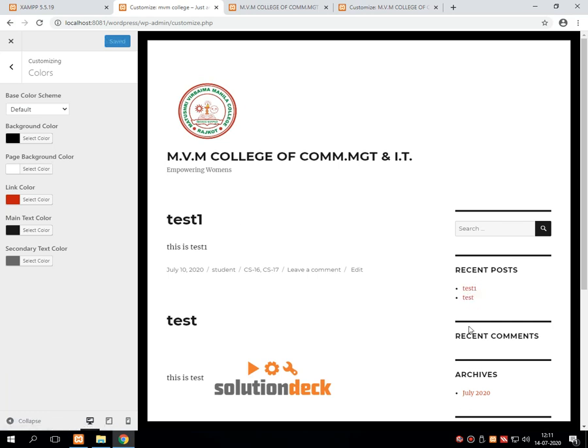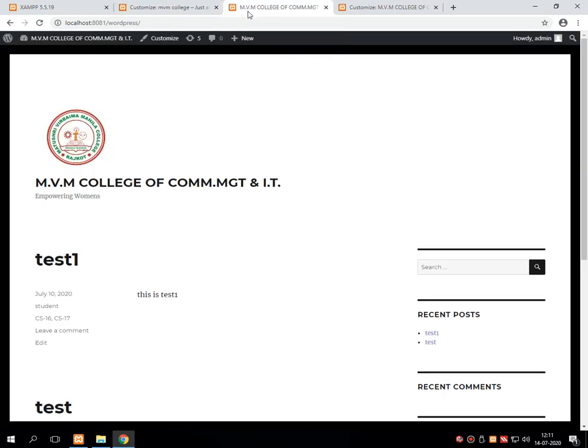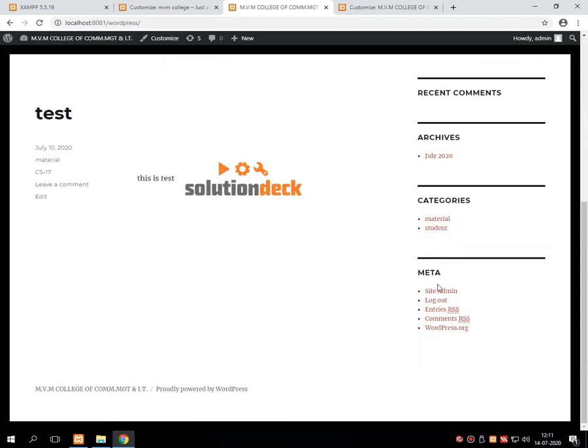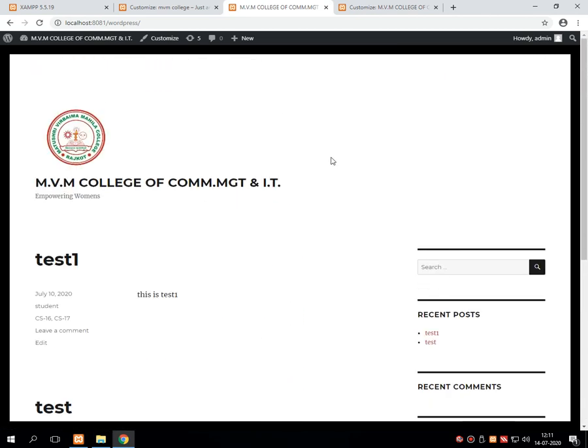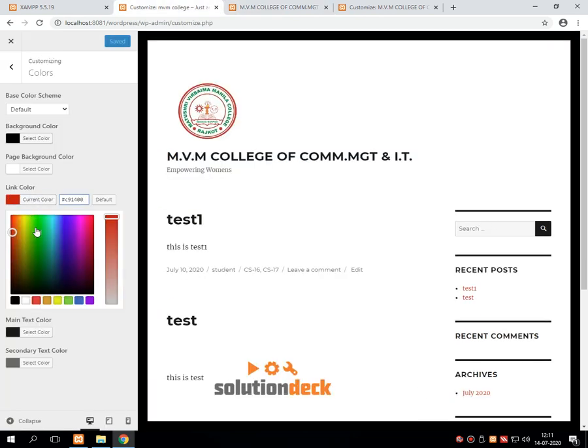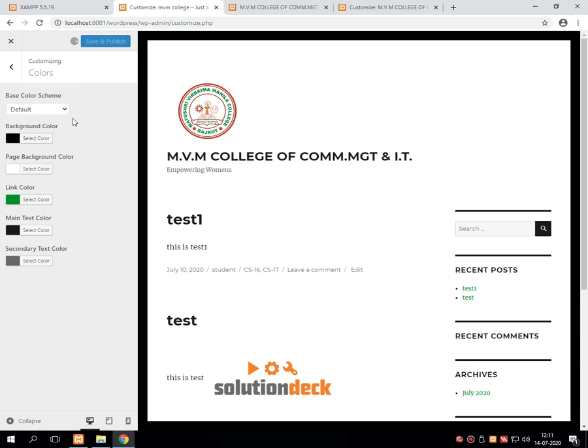This will automatically get changed from green to red. All the links get converted automatically into the red format. So this was all about link, but generally hyperlinks should be in green color. So we'll keep green color as it is over here.